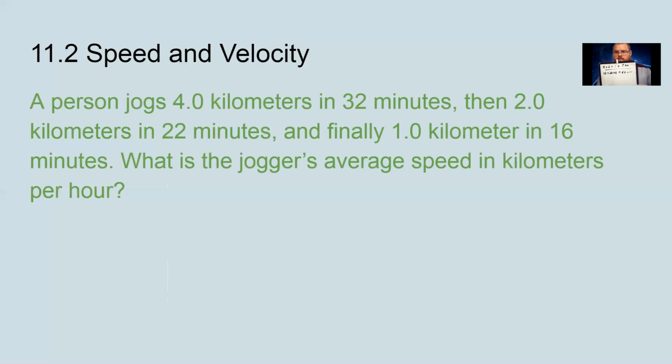Now, that means that our jogger is running 7 kilometers per every 70 minutes. Now, here's the problem. It's asking us in kilometers per hour. So, all we have to do in order for us to change from minutes to hours is we throw in